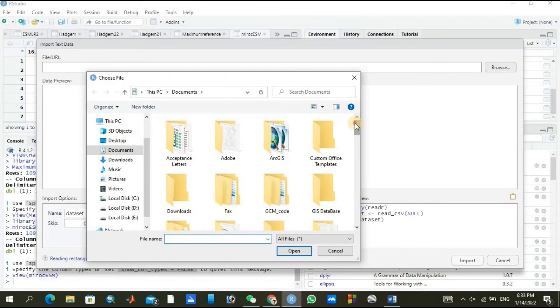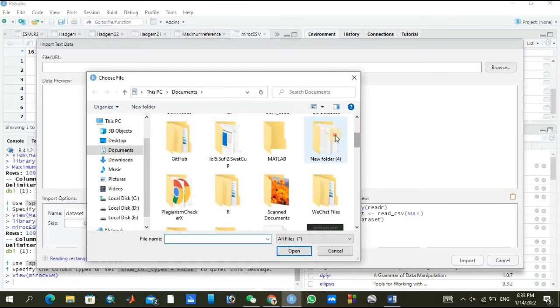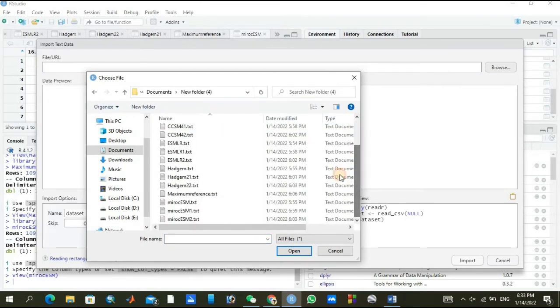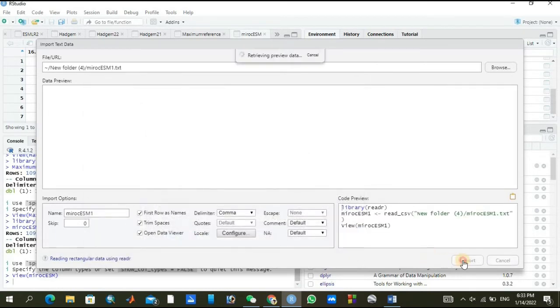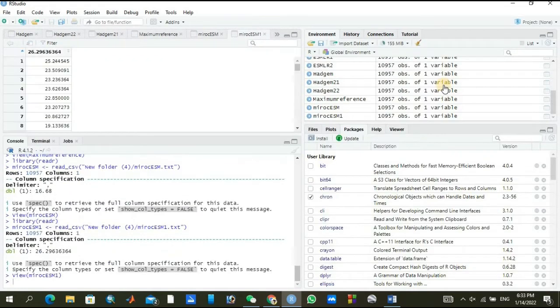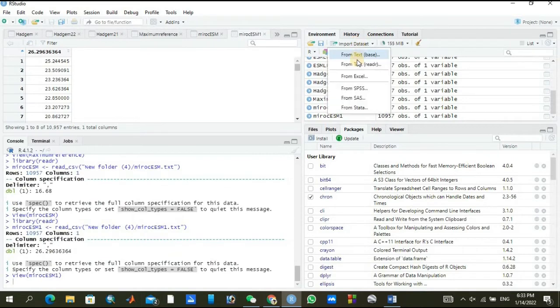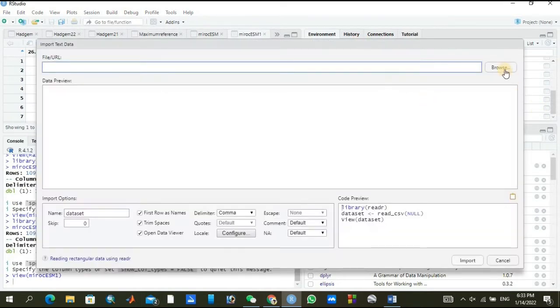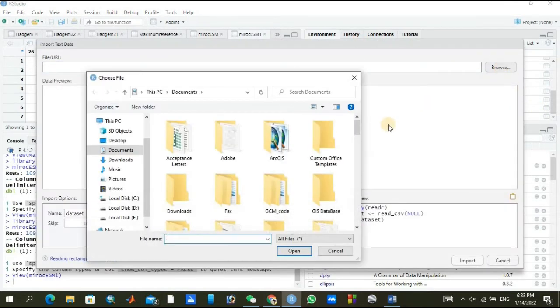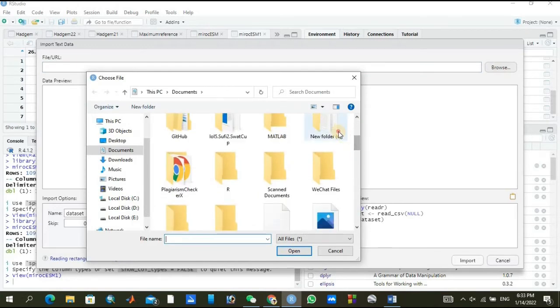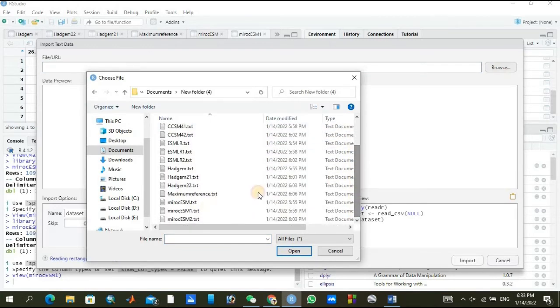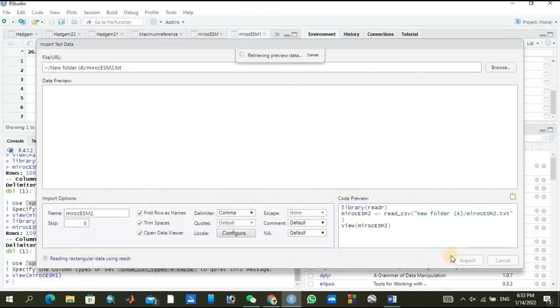I will upload those 2 here. Here I have uploaded 16 data points.